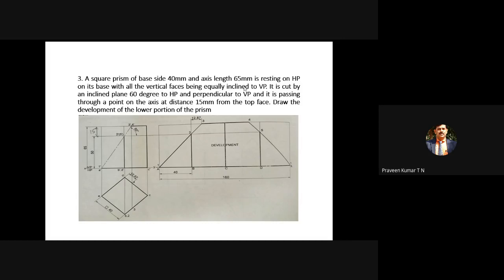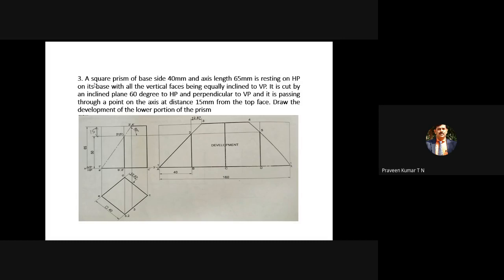Once you say it is equally inclined to VP, draw the square in the top view like a rhombus. But inside, the angle should be 90 degrees. You have practiced that in the case of projection of plane surfaces. You have dealt with one or two problems on a square plane, and you have done some problems in projection of solids also. There also it is nothing but a corner condition. For a solid, it is a corner condition. So you have to draw the top view for the corner condition. Automatically, it will satisfy this condition.